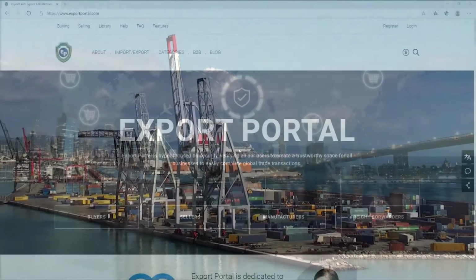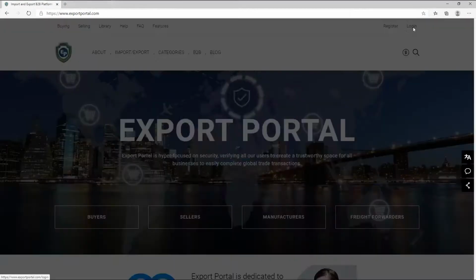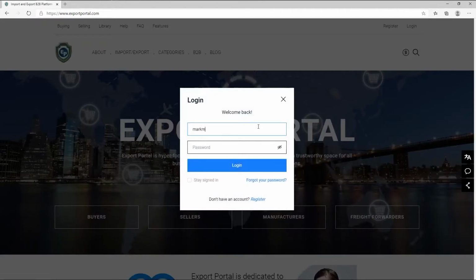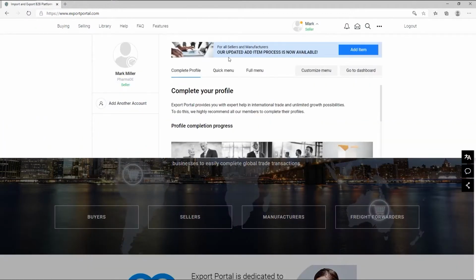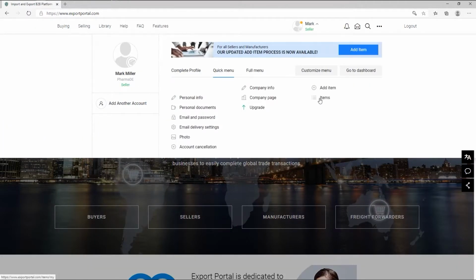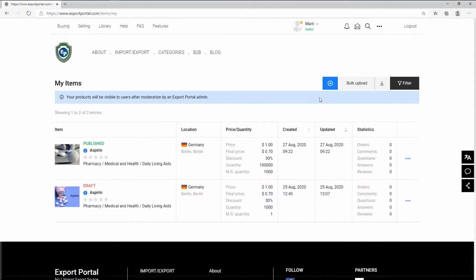Let's go to exportportal.com and click on the login. This takes you to the account you created. After you logged in, you should click the menu section located under the username. Access the quick menu and click on the Items option. Once you click the Items option, next find the Bulk Upload button in the right upper corner and click it